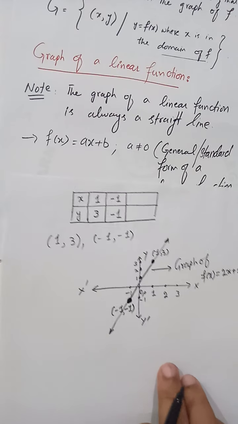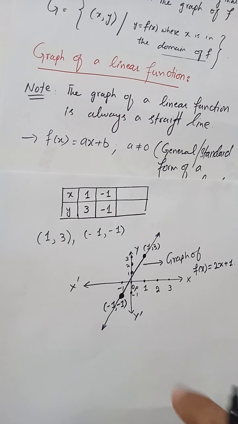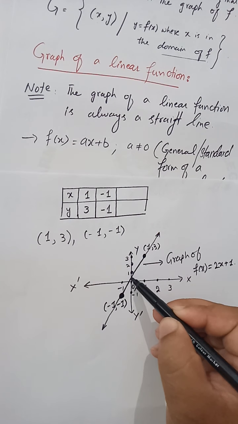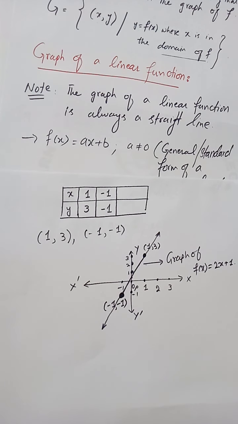But you see here that this graph is passing through the x-axis as well as the y-axis. This graph intersects the x-axis at this point and the y-axis at this point. So one of the procedures for finding the graph of a function is to find the intercepts, meaning the x-intercept and the y-intercept of that function, and pass the graph of that function, the curve of that function, through those intercepts. So you will also get the required function if you know the shape of the function.